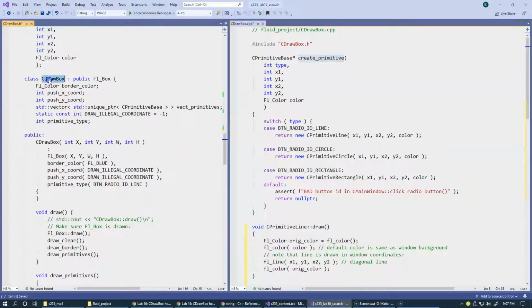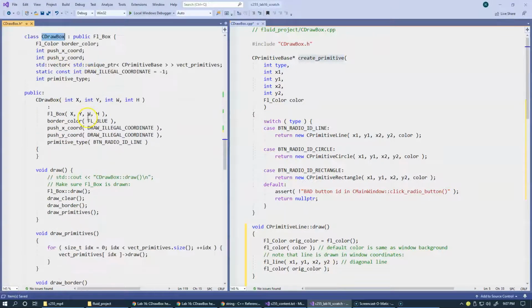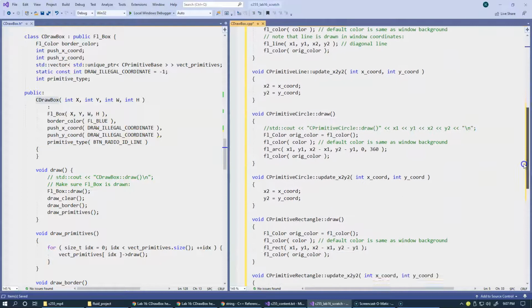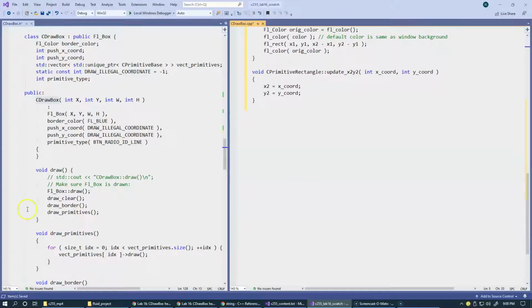And this is our CDrawBox. So this is another class that we have to work on. So again, I'll just leave alone the constructor. However, let's just demonstrate maybe this constructor also moved to implementation file. Let's do this. Okay, so just scrolling down here, and